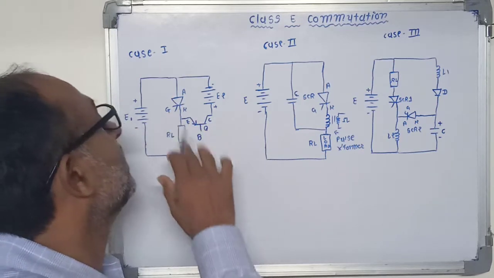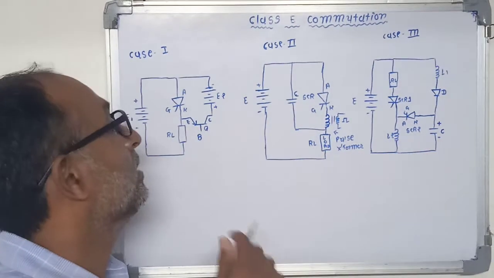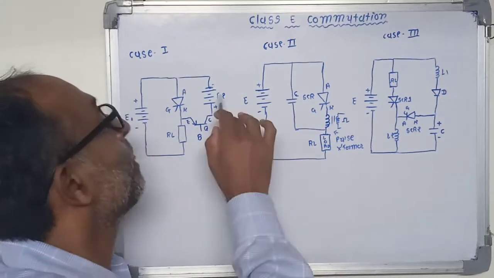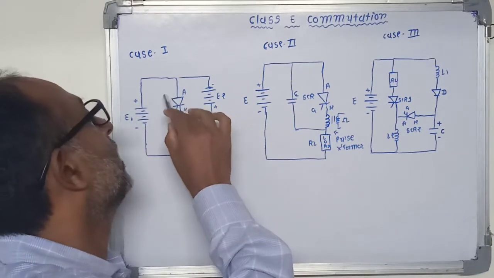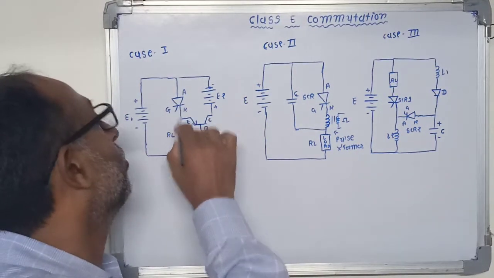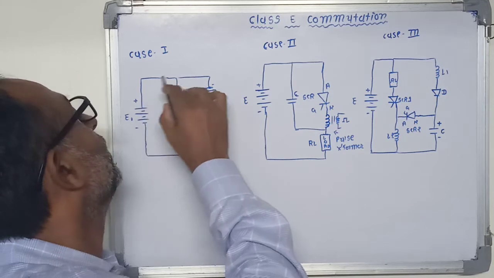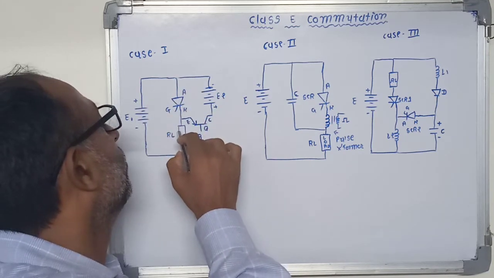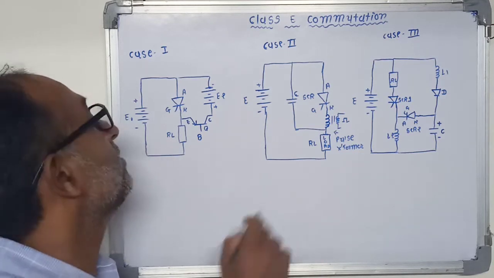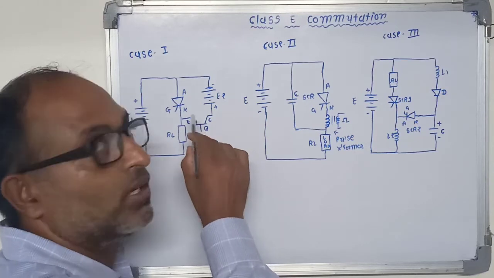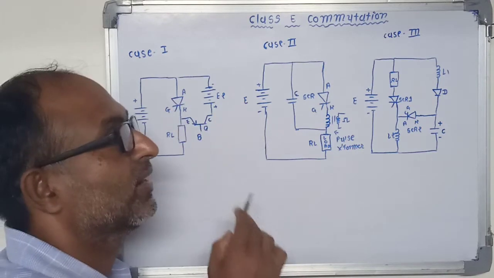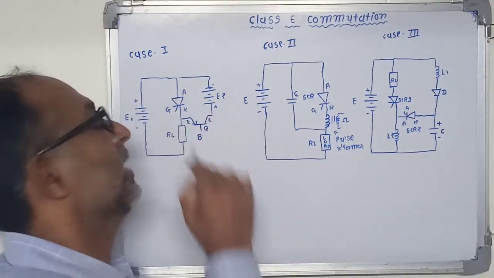Now in this case, the SCR is turned off by applying reverse voltage through transistor Q and the external voltage source E2. When the SCR is turned on by applying the gate pulse, the current flows through the load, and its path is plus E2, anode to cathode, to load resistance, and to the negative terminal of the battery. Now when a base signal is applied to this transistor, it turns on, and the reverse voltage applied across this SCR will turn off the main SCR.